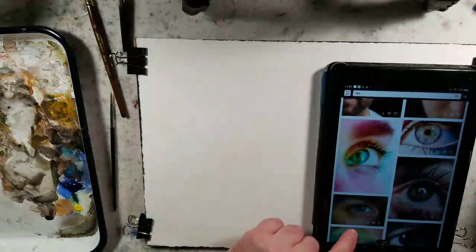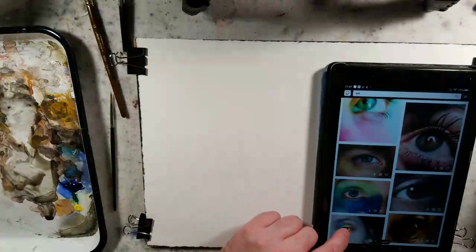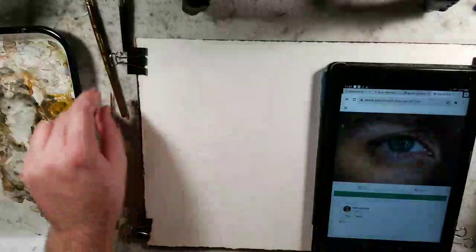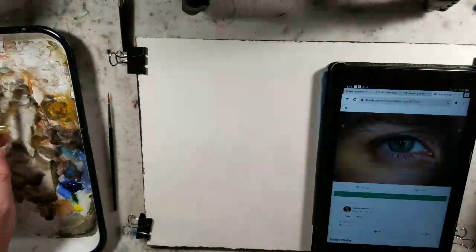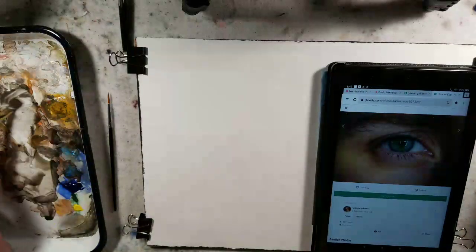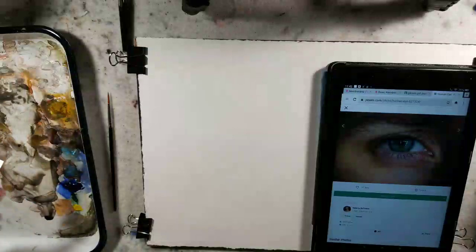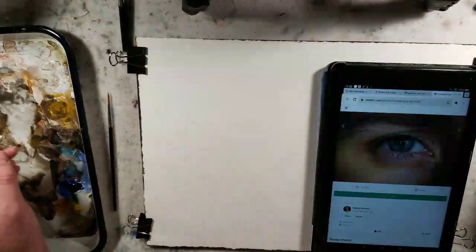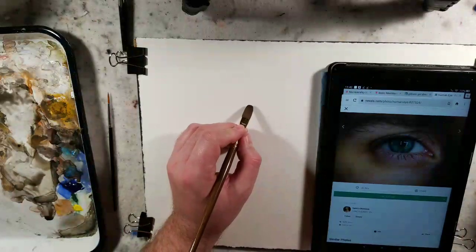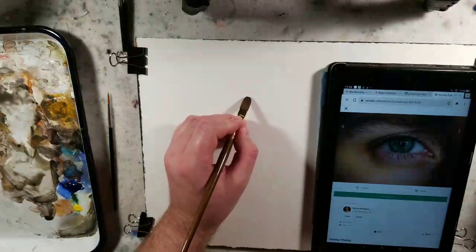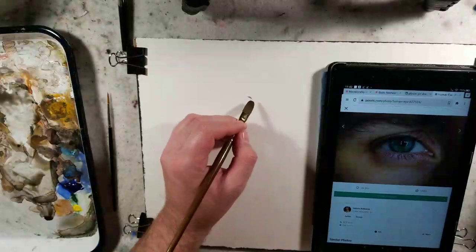Talked about a section off of the Bridgman's Guide, and we just did a little bit of sketching, and then just some gouache. So here's a separate video just looking at the gouache and eyes. So I'm just pulling up random eyes and looking at them. So without further ado,